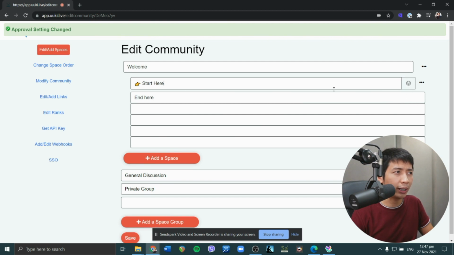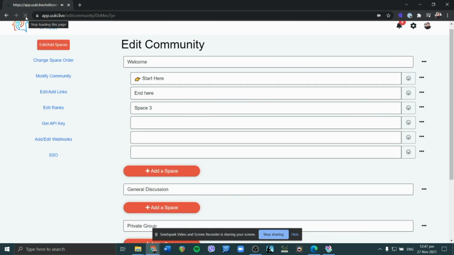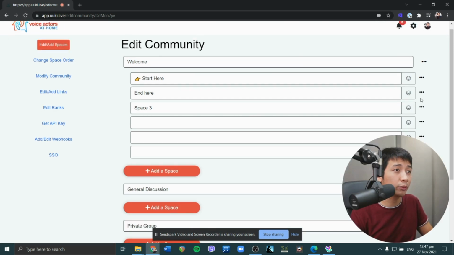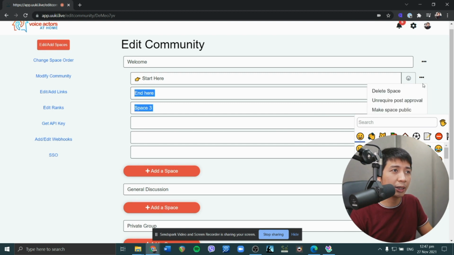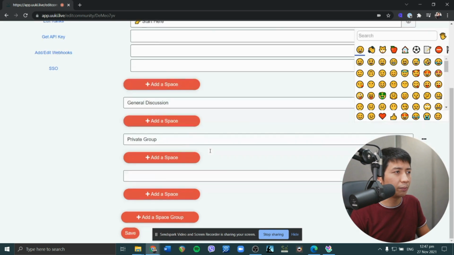We cannot drag around the spaces right now. Maybe we can. So let's try adding space 3. See what happens. Okay, so it's saved. So we can move them around. Can we? I cannot appear to do that. I'm trying to drag these categories around, but I cannot for now. So I'm hoping that that's something they can do to improve the experience. But what I would do is I would paste this over here and do this, but kind of a lot